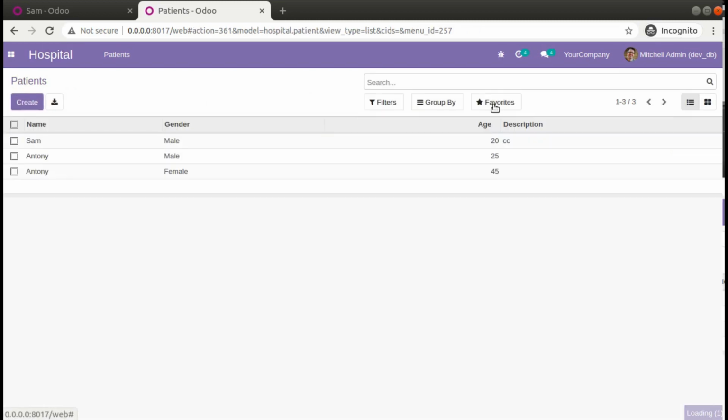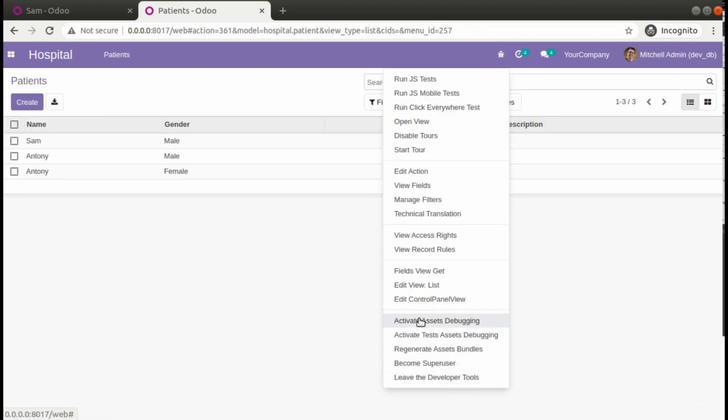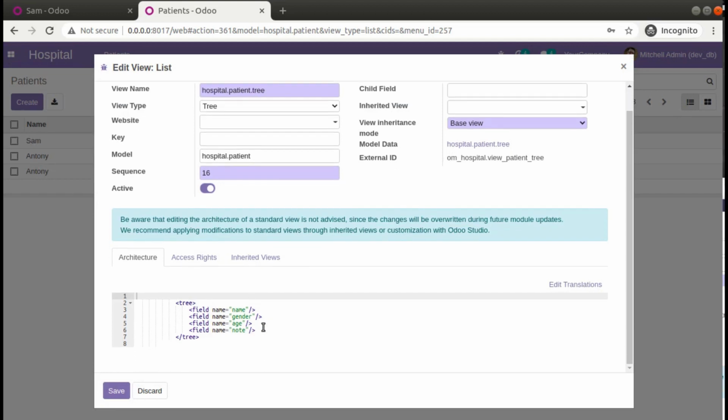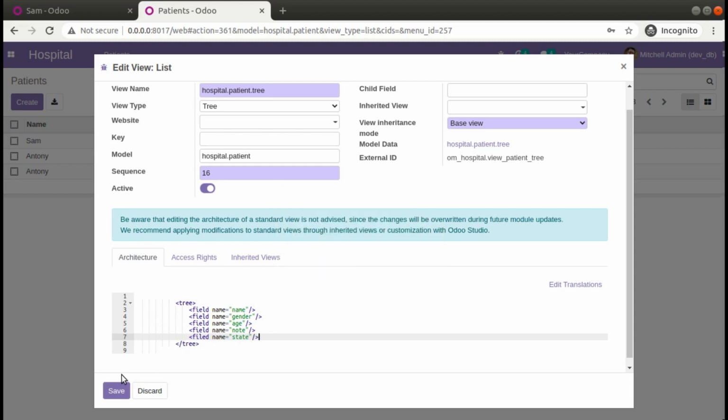so right now I have set this one, I'll be setting into confirm. This is draft, this is confirmed, or I'll set draft. So you can see what I will be doing. I'll be clicking on edit view list. Let me add the same field to the tree view from the UI. This is just temporary. Field name equal to state. You can add it from your tree view inside the code. So if I add it from here, you can see the values in the tree view.